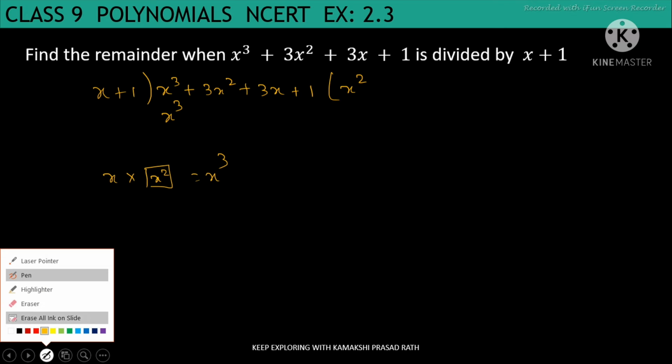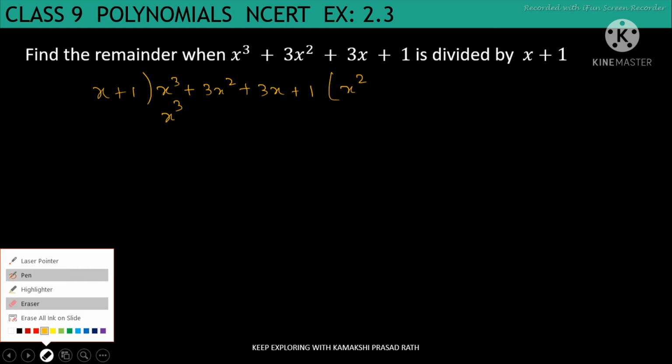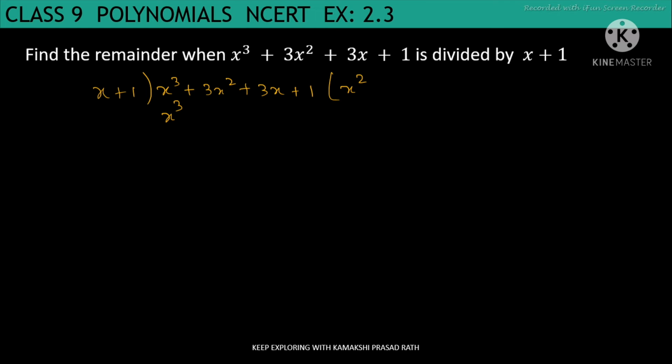But here we see that whenever we multiply x squared, we don't multiply only with x. Here in the divisor we have x plus 1. So the divisor is x plus 1, complete x plus 1, that is one polynomial. Hence, whatever you keep here, x squared, you have to multiply with all the terms. That means x squared has to be multiplied with x plus 1.